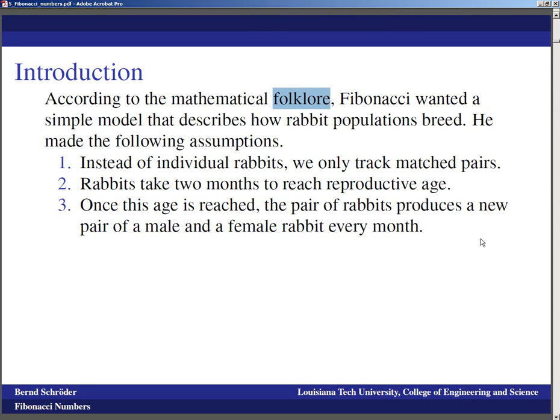I'm pretty sure that Fibonacci was aware that rabbits take more than 2 months until they reach reproductive age, and I'm also pretty sure that Fibonacci was aware that even though rabbits breed like rabbits, as the saying goes, they do not produce a new pair of offspring every month. However, as a first